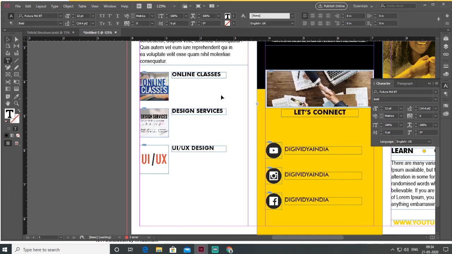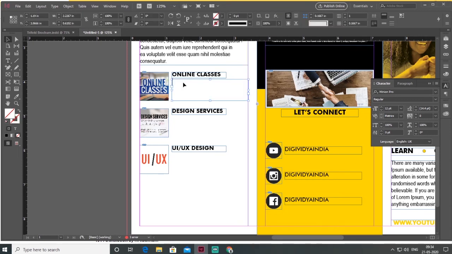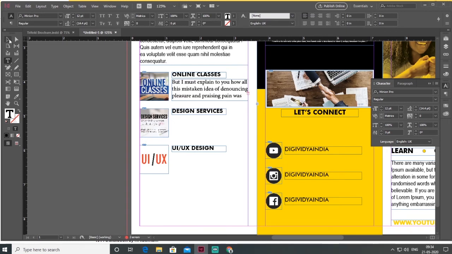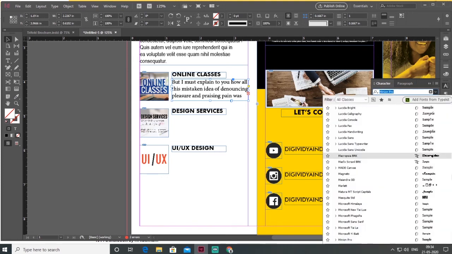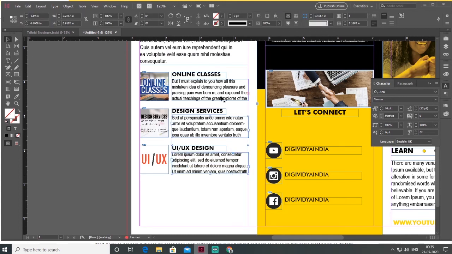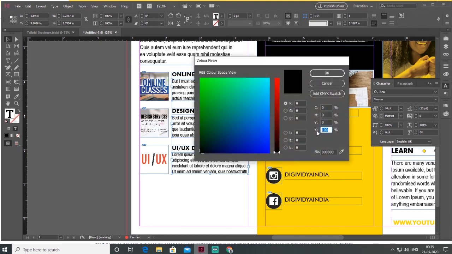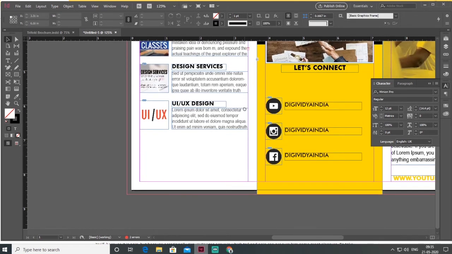Right, then I make a rectangle here, and change the font face into Arial narrow, and I paste here, and select all the text box and change the text color into dark gray. I mean 70% black.